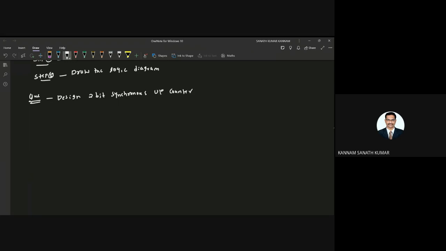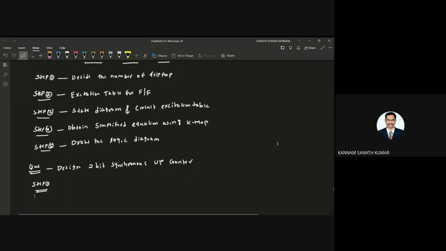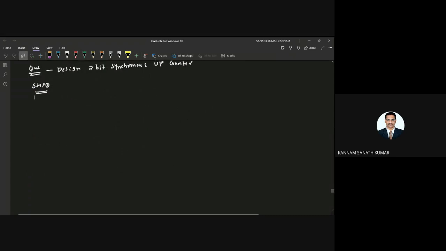So first, what is step 1? You need to decide the number of flip-flops and what type of flip-flop you need to use while designing this 2-bit synchronous counter. As this is 2-bit, how many flip-flops do you need to use? You need to use 2 flip-flops.